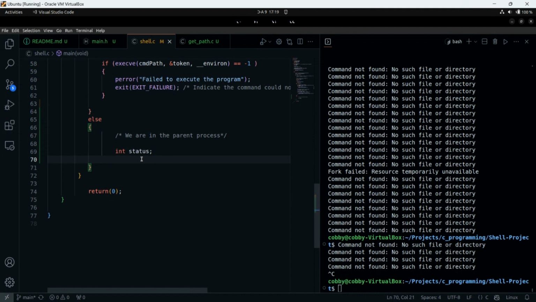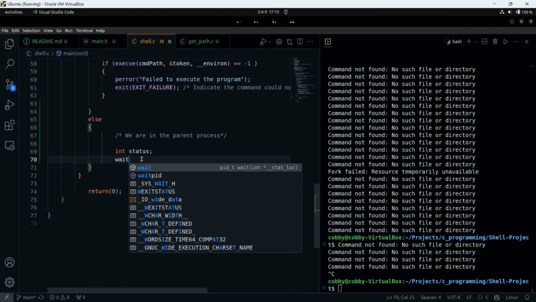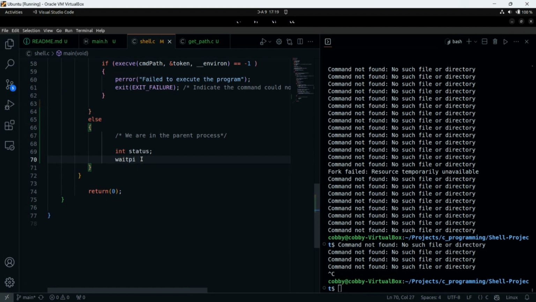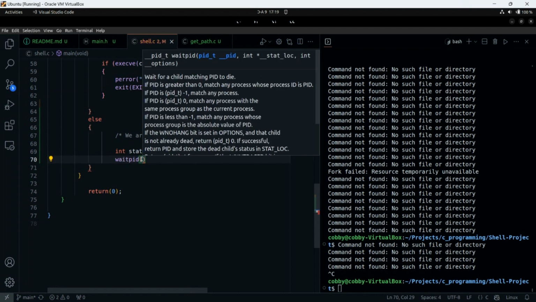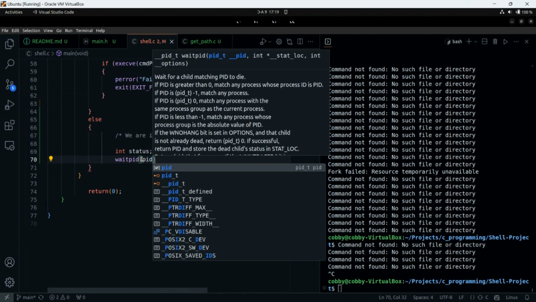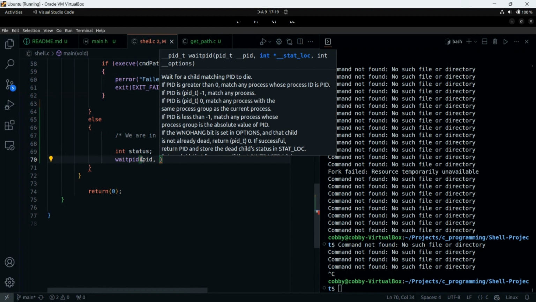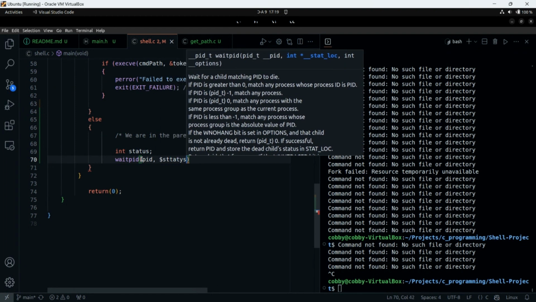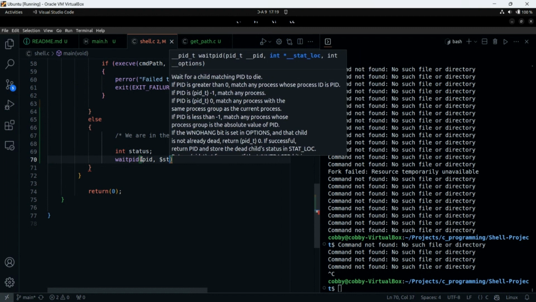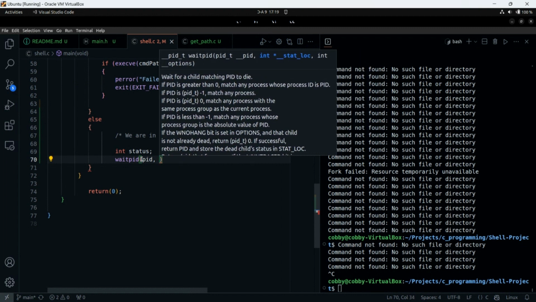We can declare something like this, and then we can say wait PID, so we have the PID, and we are taking the status of the PID, and then the address of the status, basically an ampersand. They confuse me.